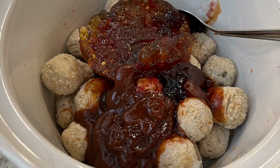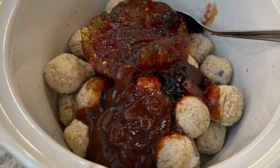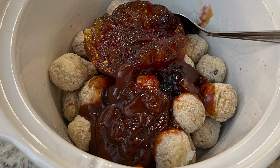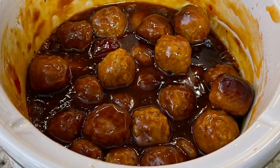To my crock pot, I've added my bag of meatballs, and then I'm going to add my barbecue sauce and jelly. I don't measure, I just eyeball it. I just use equal parts of the jelly and the barbecue sauce. I'm going to cover this with a lid, and I cook these on high for 2 hours, and I stir